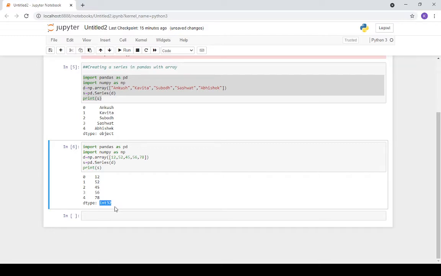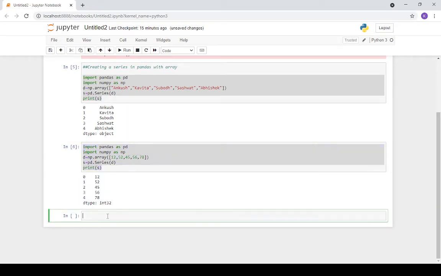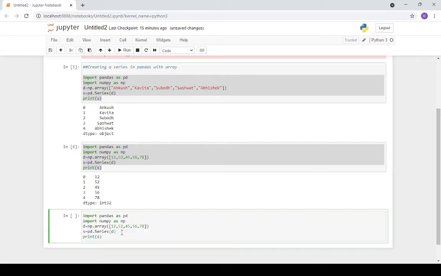If you want to change the index values, we just have to follow the same steps and type the same thing here, but add just one thing. Wherever I'm defining pd.Series, here I have to use some names. I have taken the names like std1. So we have to define the index here.